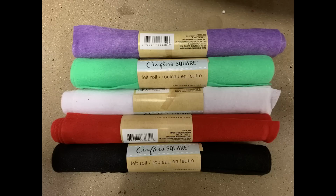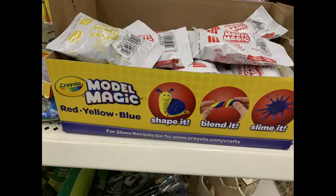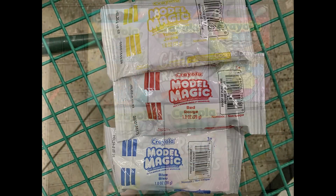I also found a bunch of the Crafter Square felt and some more of their ribbon for the fall season. So there was quite a few rolls of those. I found some Crayola Model Magic in red, blue, and yellow. She got a 1 ounce package for $1, and that was the only 3 colors that I found at several